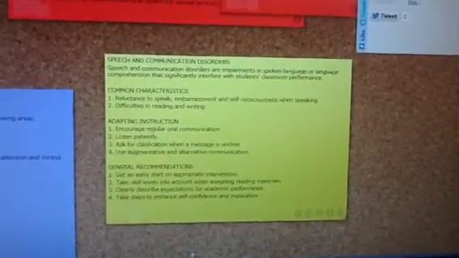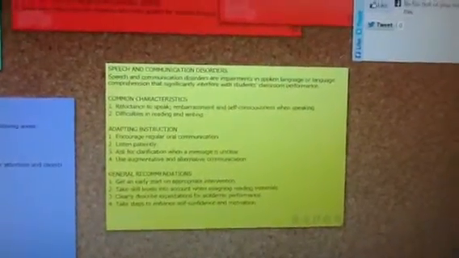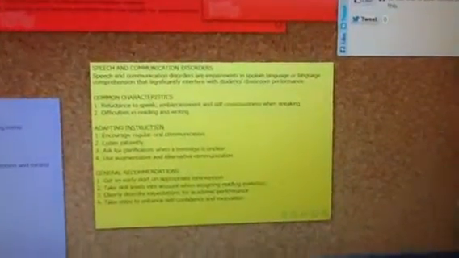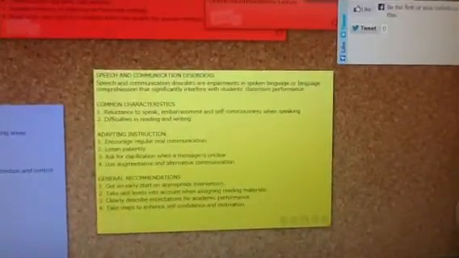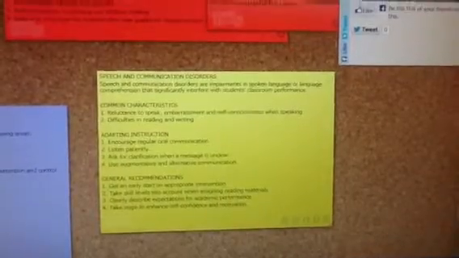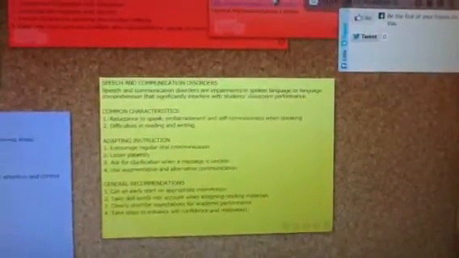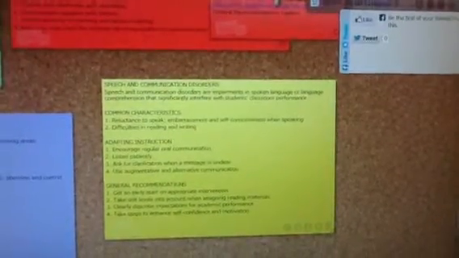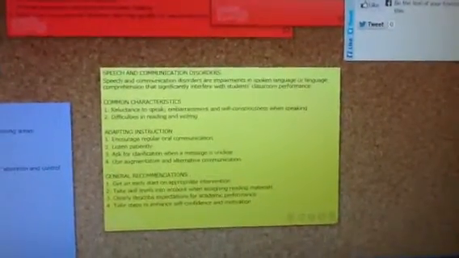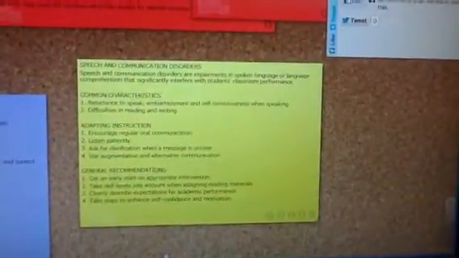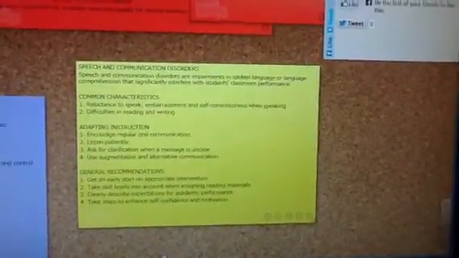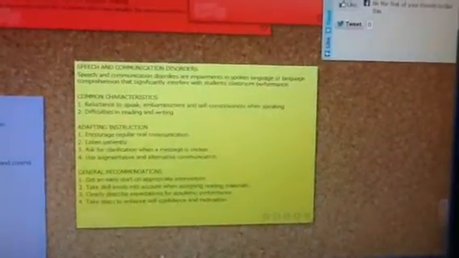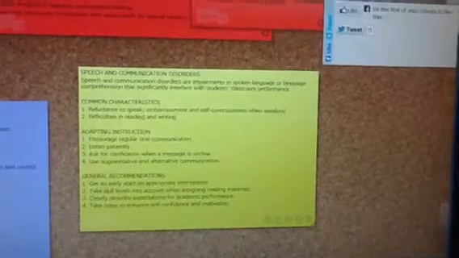that significantly interfere with students' classroom performance. It may not be just saying certain letters or pronouncing certain words. It could even be the whole language comprehension. Somehow they miss that, or there's something that's impairing them from being able to learn that. Some common characteristics would be a reluctance to speak, embarrassment, self-consciousness when speaking, difficulties in reading and writing, and of course if it's a stuttering or certain letters that they can't pronounce, you're going